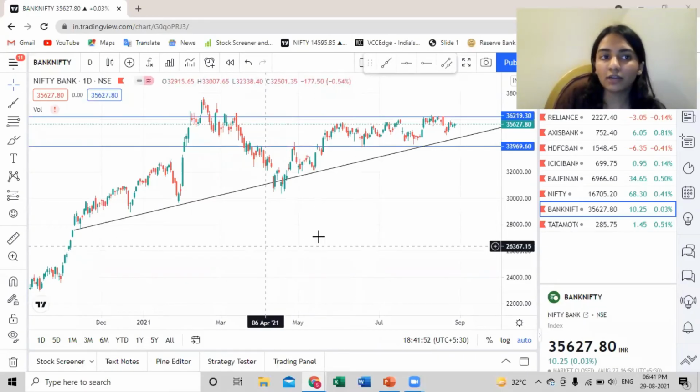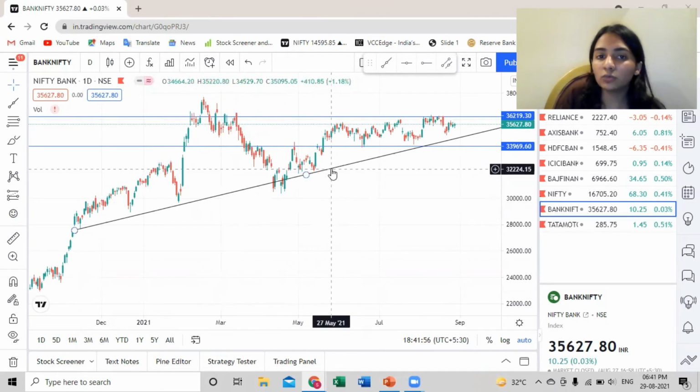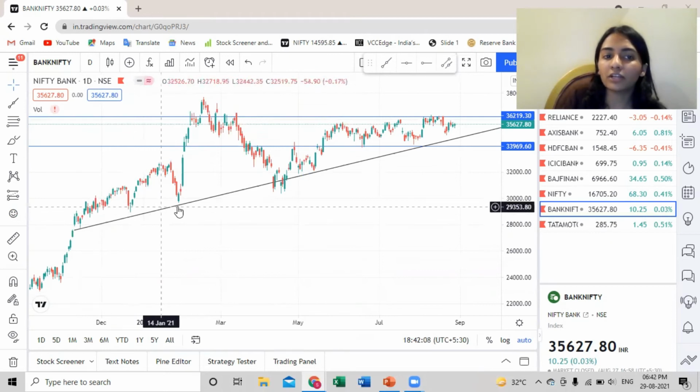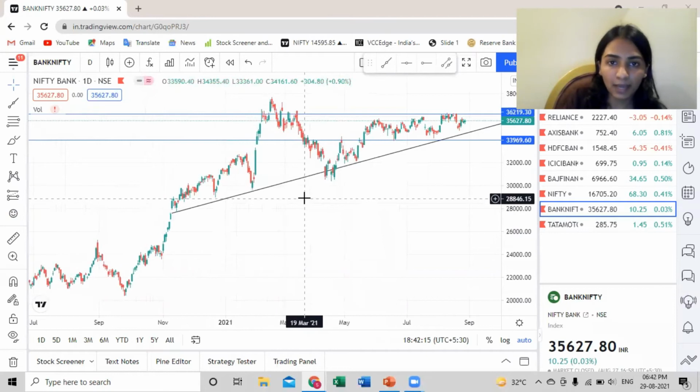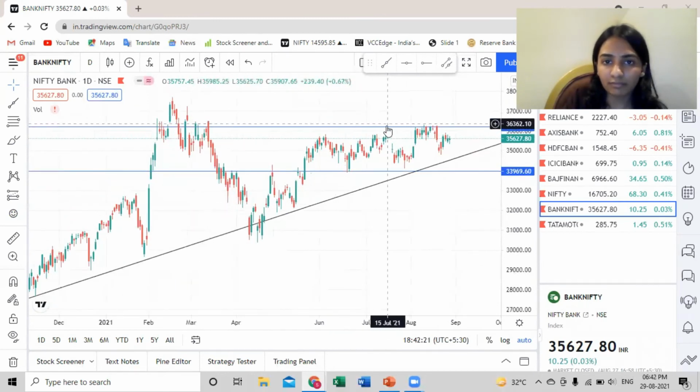So this is the chart for Bank Nifty again, and over here I've made use of some of the tools, which are the basic lines, horizontal lines or probably vertical lines. Over here I've drawn a few lines. Basically, lines are drawn on the amount of touches that the price has given you. As you can see, right now in the recent past, Bank Nifty has been well into a consolidation phase. So I've drawn a line over here and over here.